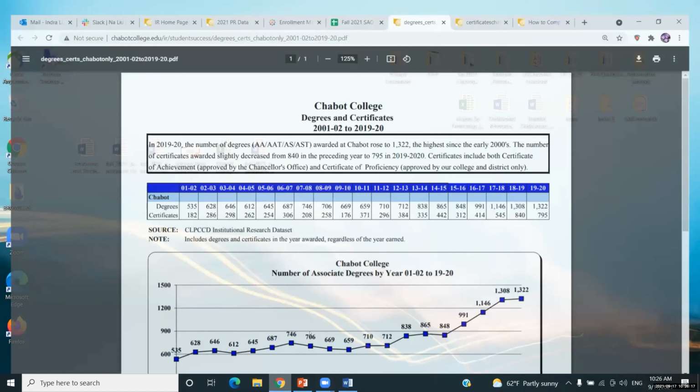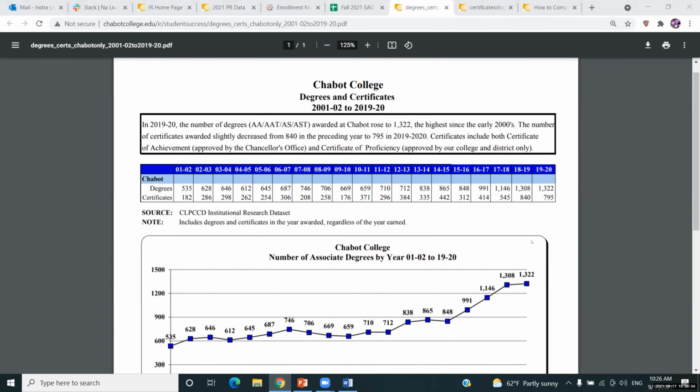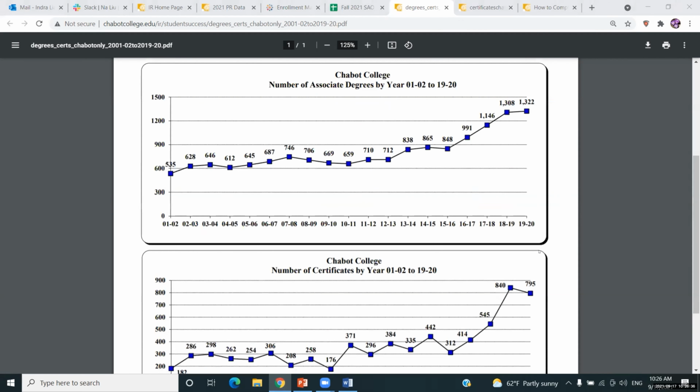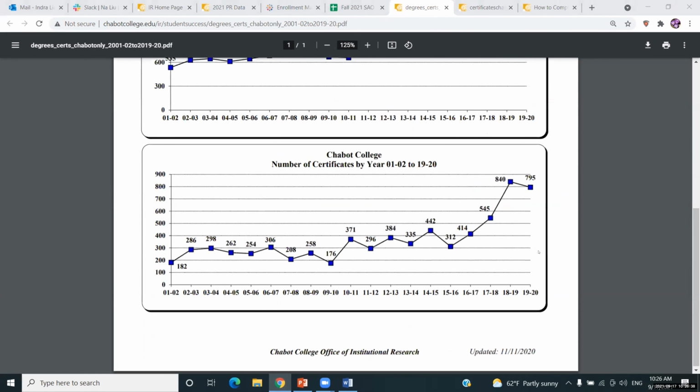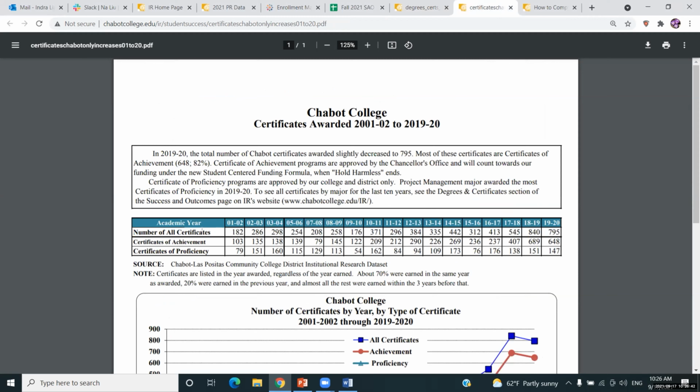Sure. These handouts are on our IR website. So really quickly, this is the handout on degrees and certificates. You'll see that the handout shows how many degrees and certificates are awarded every year, every academic year, and then the trend over time. Then this is the other handout for certificates. So similarly,